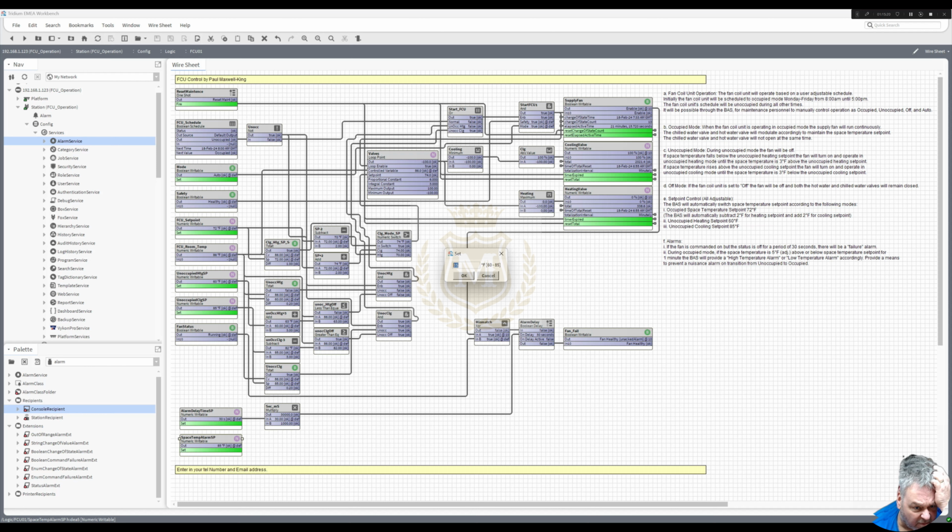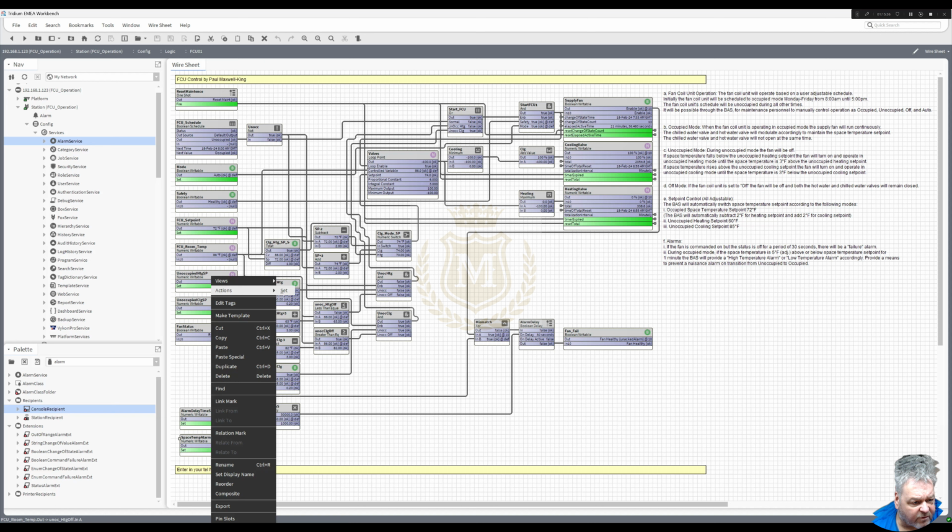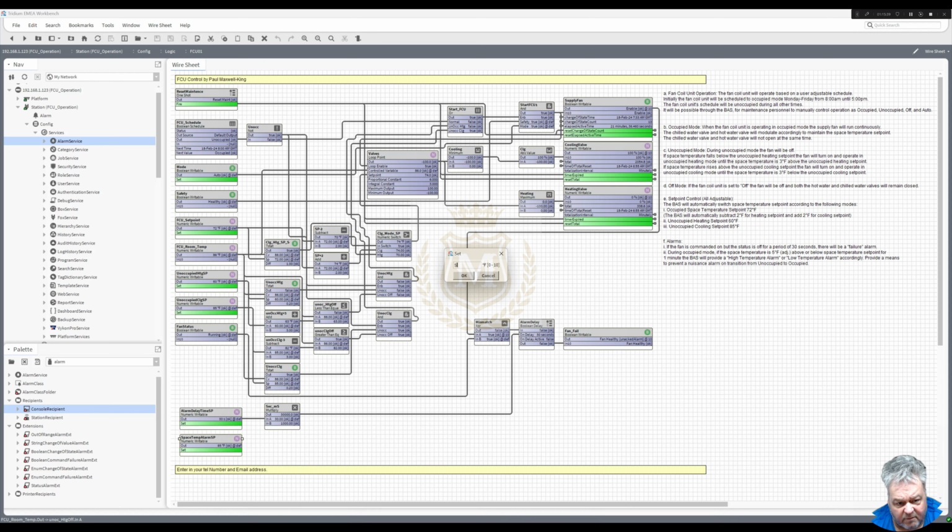Yeah, okay. Cancel. Put a minimum and maximum in there. Minimum 0, maximum 10. Okay. Save. Actions set to 5 degrees. If during occupation mode, so it's only occupied mode, the space temperature is 5 degrees or adjustable above or below the space temperature set point for 1 minute. Okay,